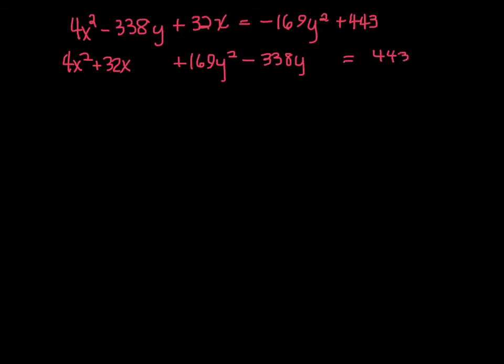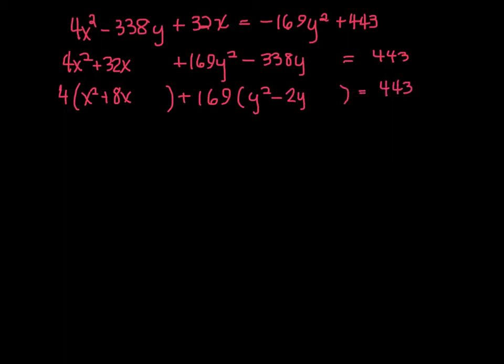I'm going to factor out a 4. I would love to just divide everything by 4 or divide everything by 32, but it doesn't work like that. So I'm going to factor out a 4 and leave a space. And I'm going to factor out a 169. And leave a space. Okay, so now I'm going to complete the square,